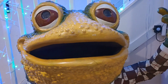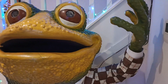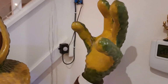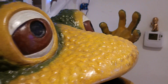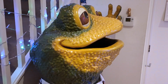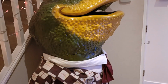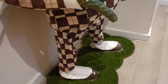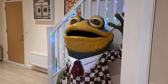He's made of fiberglass, very, very solid, very heavy. He has a fabric costume, so you can see here, quite a thick fabric. I don't know what it is, but it's very thick. He's got a white shirt underneath, not a complete shirt, just the collar section. He's got his little bow tie there. He didn't come with a pocket watch. I actually added that. I thought he absolutely needed his pocket watch. But he is absolutely stunning and